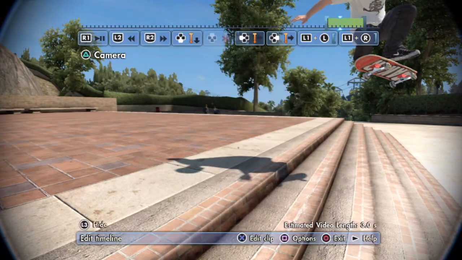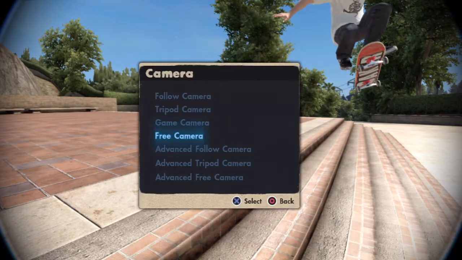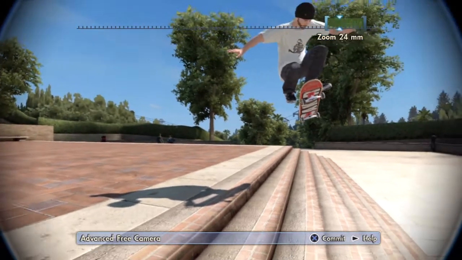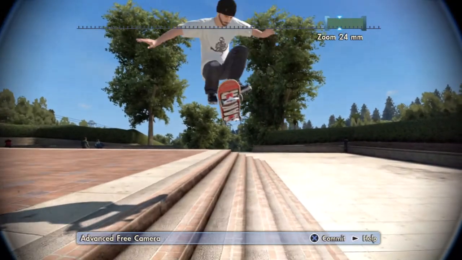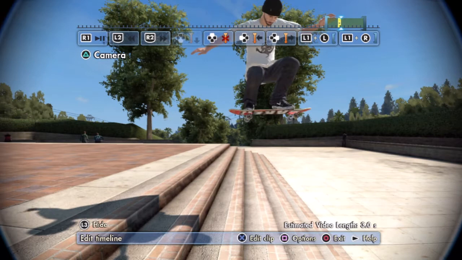So what am I doing? Let's delete that keyframe. And I want to start right here in the middle, so we're going to go ahead and do the camera glitch again. Damn it, that's fine, I can start right here. So we're going to go to